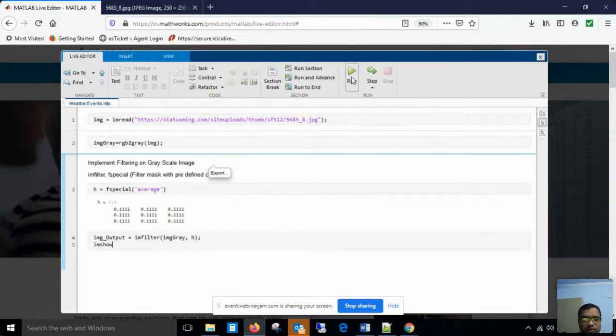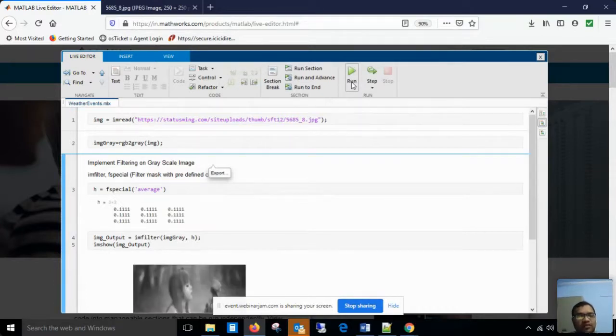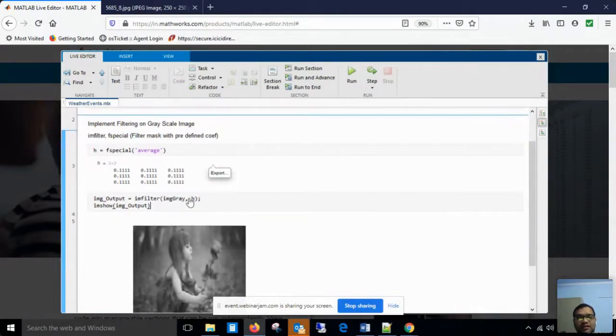Just see the output. What is the output of applying this filter? Run this command. When you run these commands, you can see the averaging filter has been applied on img gray. The averaging filter was defined in h, that was all 0.111.